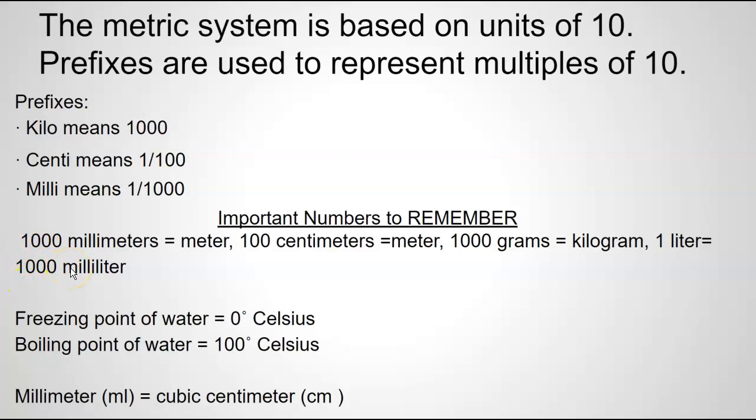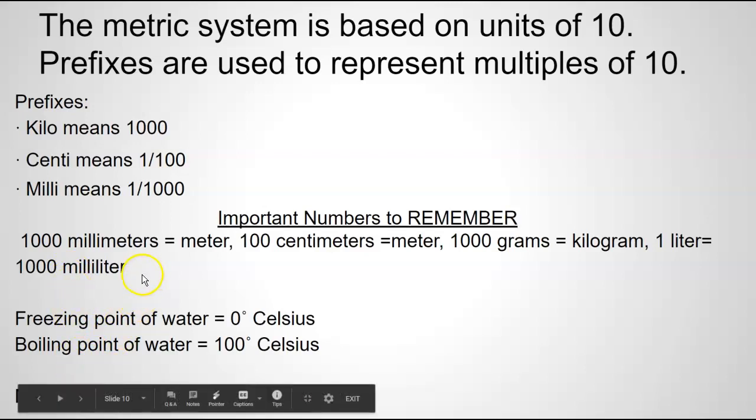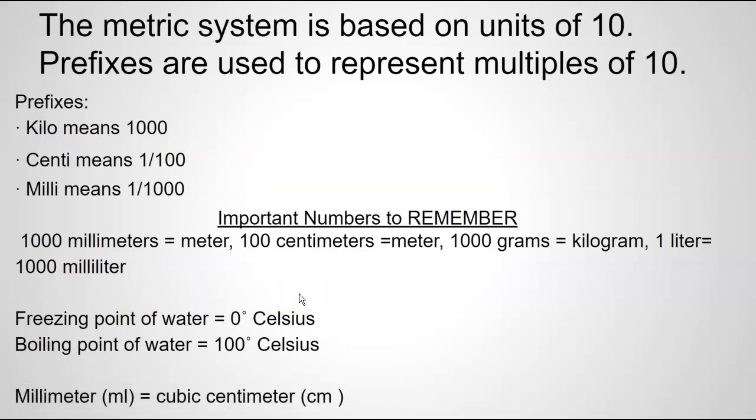The freezing point of water is really easy in the metric system. It is 0. The boiling point of water is 100. 1 milliliter is equal to 1 cubic centimeter. If you guys have motorcycles, you probably have heard of cc's. If you take